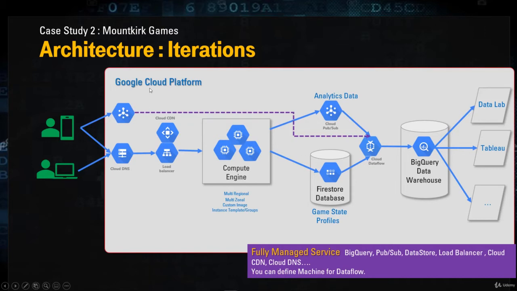What did we change? We assume that once we are in Google Cloud Platform, we can take direct stream data from your mobile devices into Cloud Pub/Sub, and then that can be used to analyze the data and sell some blast-ups. Or you can take the data into BigQuery, or into Bigtable and have real-time processing of that particular data so that you can sell the blast-ups. So there are multiple ways in which you can enhance the process, and that way you are optimizing your business or technical processes.